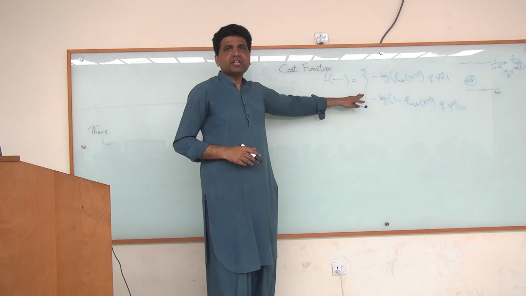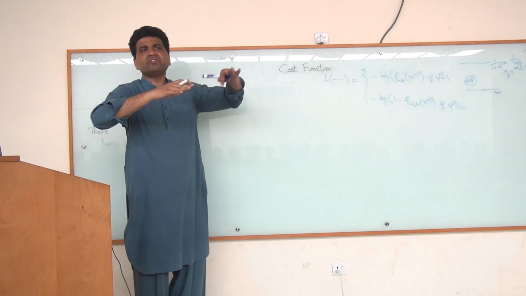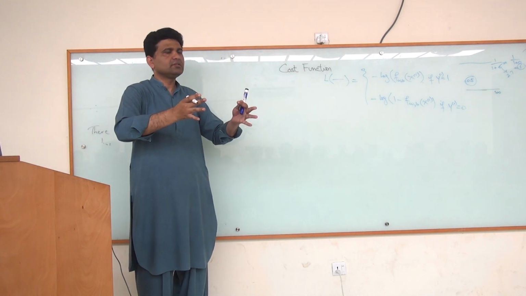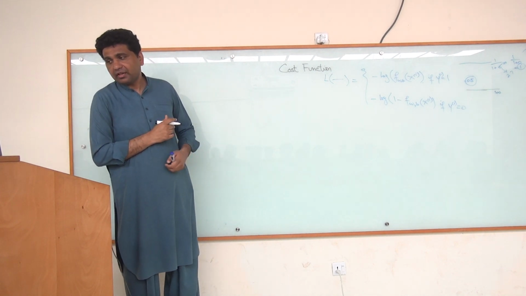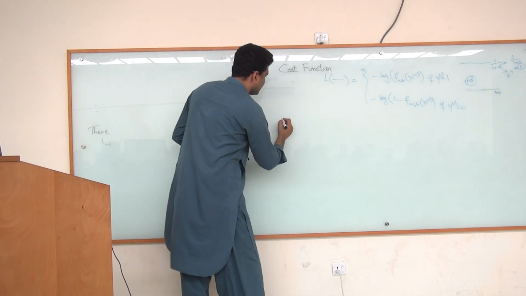अच्छा, ये वही लॉस फंक्शन है जो अभी हमने लिखा था. अब इसको हम सिंप्लीफाई कर लेते हैं, राइट? इंस्टेड ऑफ हैविंग टू डिफरेंट केसेस, लेट्स मेक इट वन केस, ताकि कैलकुलेशन आसान हो जाए, राइट? आई डोंट नो वेदर व्हेन यू लुक एट इट यू फील लाइक आसान हुई है कि नहीं हुई, बट लाइक दैट्स राइट. सो हम इसी लॉस फंक्शन को दोबारा लिख रहे हैं किस तरीके से,